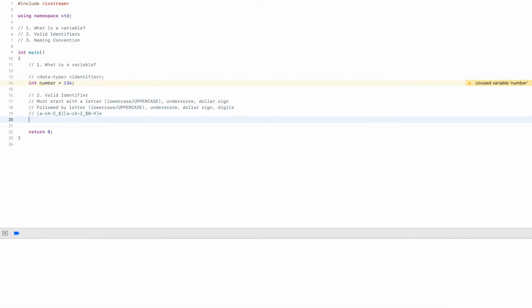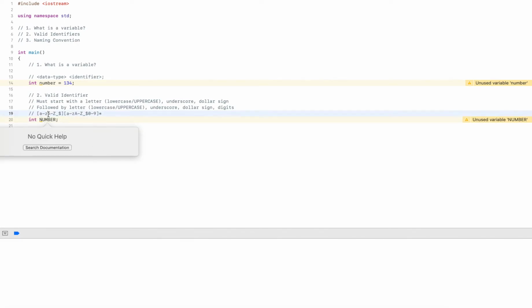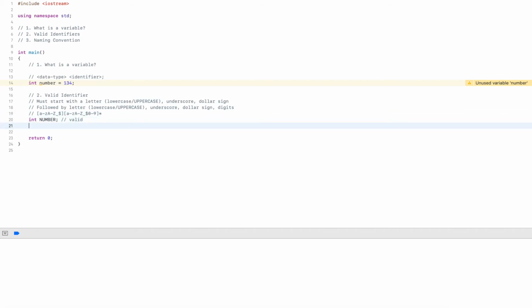Now let's see some examples. Let's say int Number. Is this valid or not? So the first character here is an uppercase N. This one is in the first set. I can use an uppercase letter. Then following this, I have a bunch of uppercase letters, so this is valid.